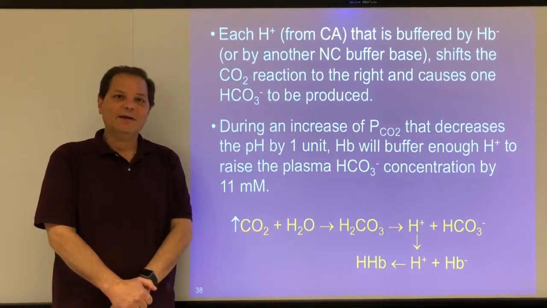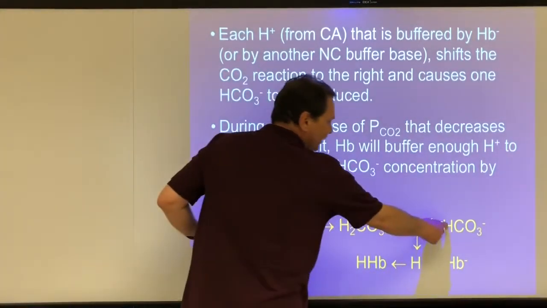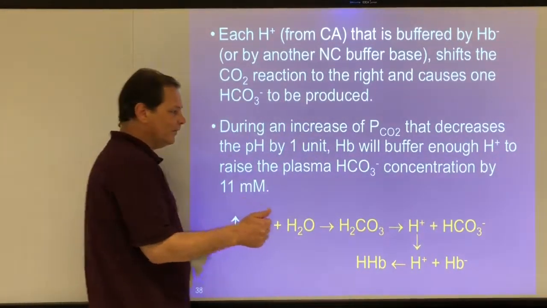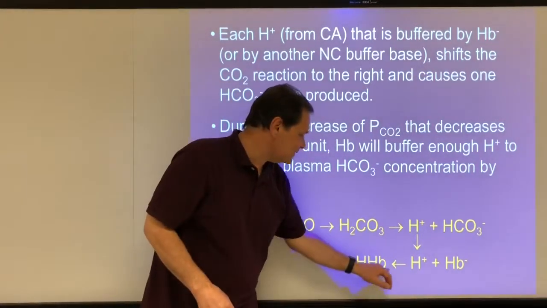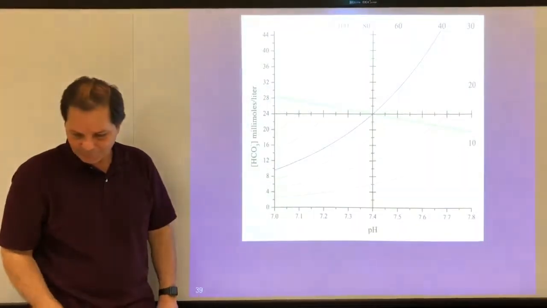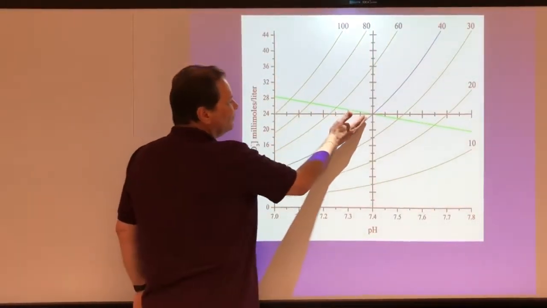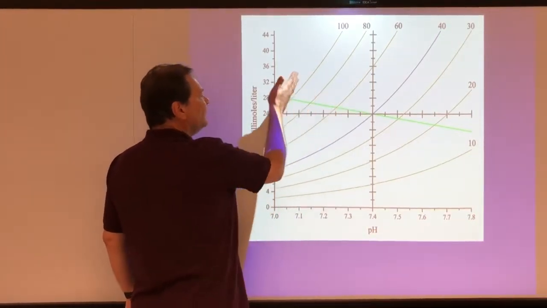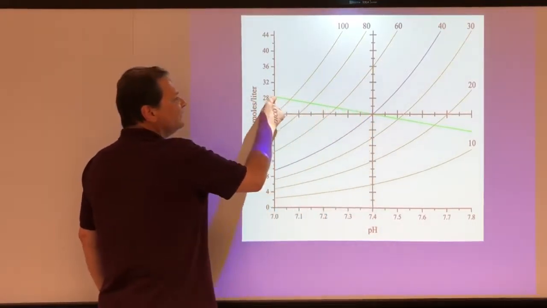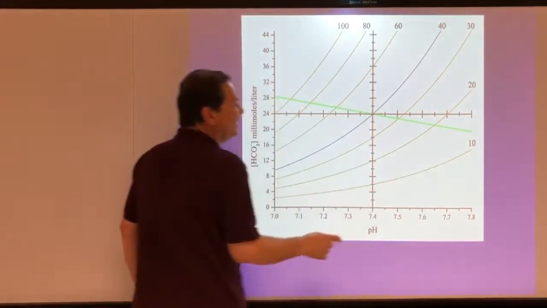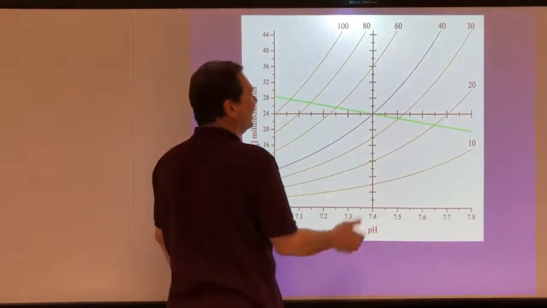So for a respiratory acidosis, you know that as your carbon dioxide goes up, you can figure your bicarb will go up 11 millimolar for every pH unit you drop, okay? And that's because that's how much hydrogen ion is binding to hemoglobin here, okay? So another way of saying that is that on your Davenport nomogram, as you move from carbon dioxide isobar to carbon dioxide isobar, you move up and down this green line, and that green line has a slope of 11, which means that as my carbon dioxide